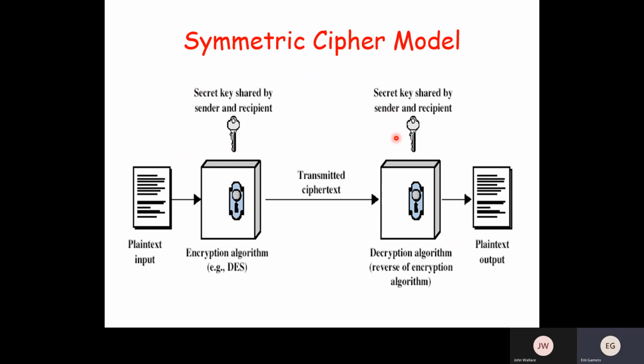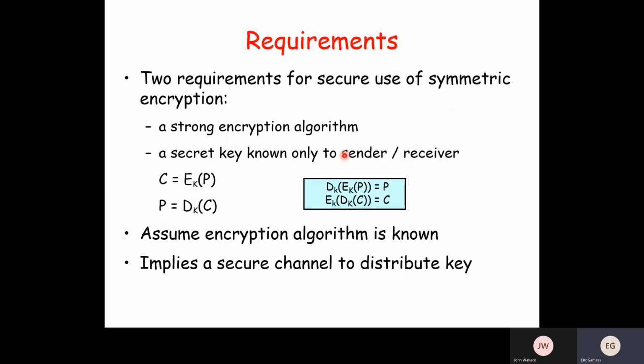An asymmetric algorithm uses the public key to encrypt and the private key to decrypt. So it's called asymmetric, because we don't use the same key to encrypt and to decrypt. Here you will use the same key. So of course, the two parties need a way to exchange the key in a very secret manner, so nobody knows about the key.